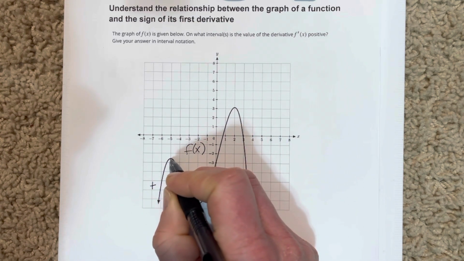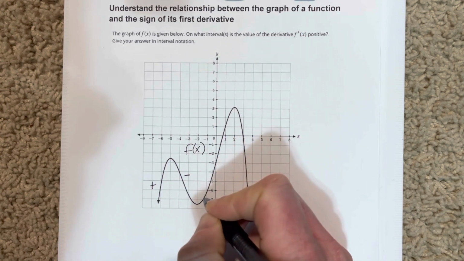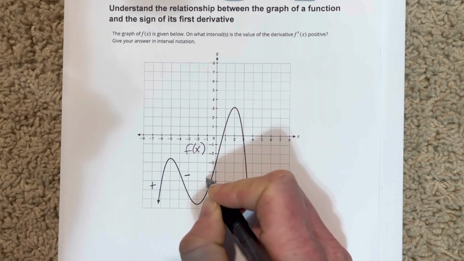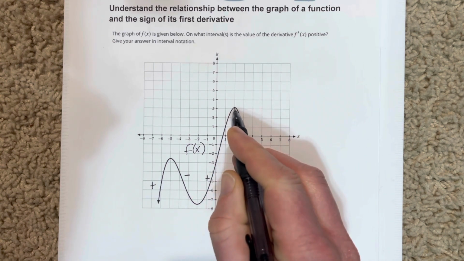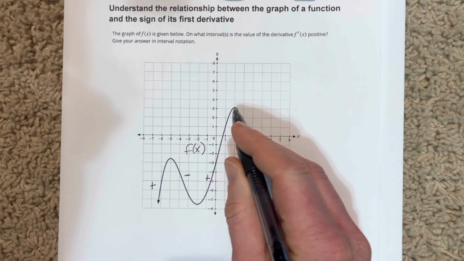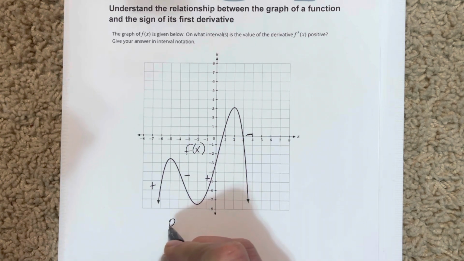And then it gets to this point here where it has a slope of 0, then it has a negative slope coming down, and then a positive slope where it gets to 0 here, bottoms out, then it has a positive slope moving upwards to the peak here, and then negative slope coming down after the peak, slope of 0, down on forever there with a slope that is negative. So our positive slope here would be